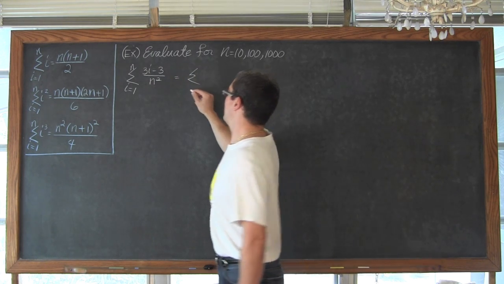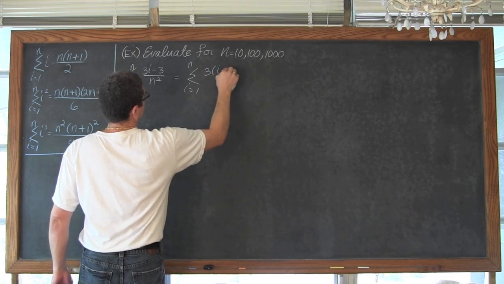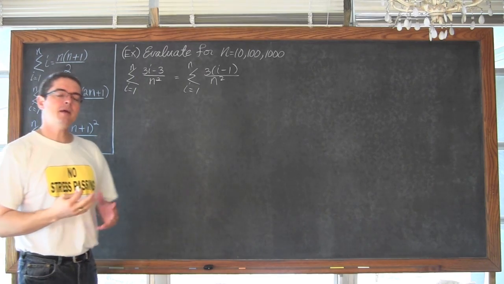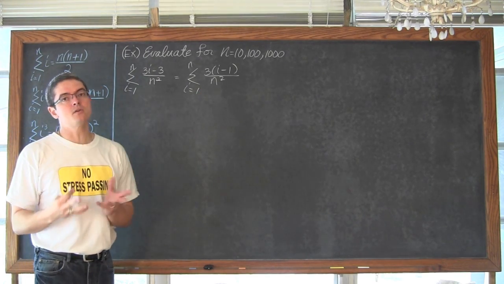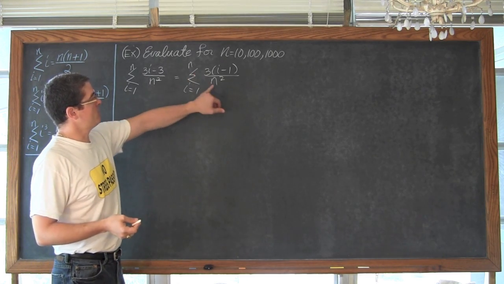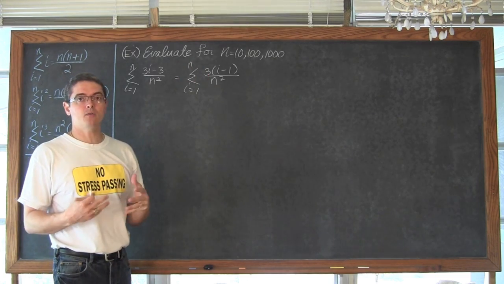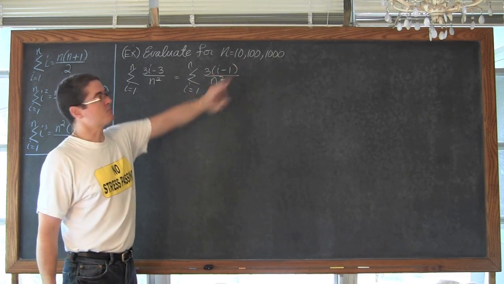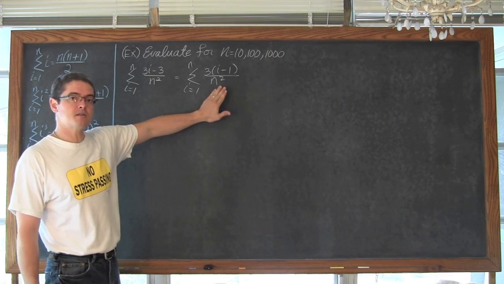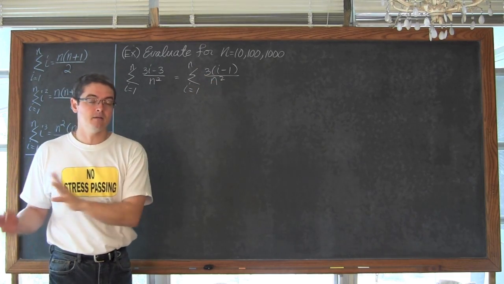So we have the summation as i goes from 1 to n of 3 times (i minus 1) over n squared. Now, it may not seem like it, but n squared is also a constant. The reason why is because the only value this is ever going to take on is the upper limit that we have in the summation notation. Now, it is identified as n, but for the first problem it would be 10, for the next problem it would be 100, and the next problem it would be 1,000. So this really is a constant. It's a non-changing number. So the 3 over n squared is that k in the properties that I showed you.